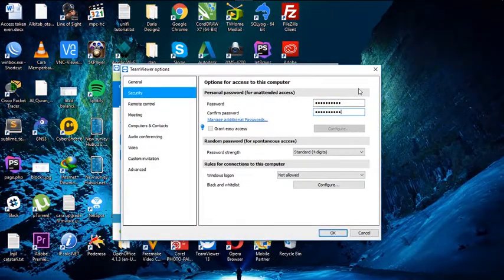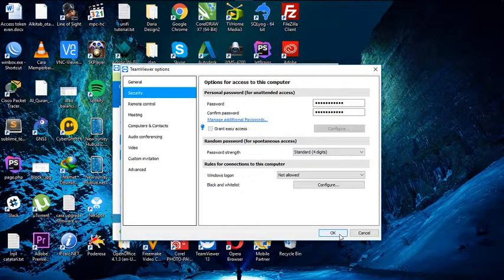So I will type my password first. Okay, I'm already done typing my password. Make sure your password is the same in both the password and confirm password fields.